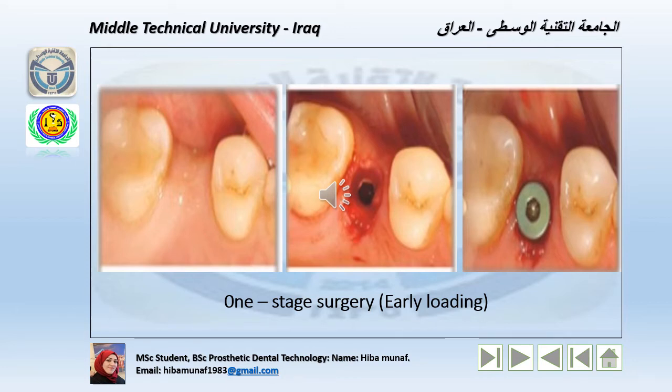When using this procedure, there are some indications. Number one, when the bone quality is good, and number two, good initial implant stability. Number three, it is also used when cosmetics is not a concern, such as the back area of the mouth. It means it can be used in the anterior region. There are some advantages of the